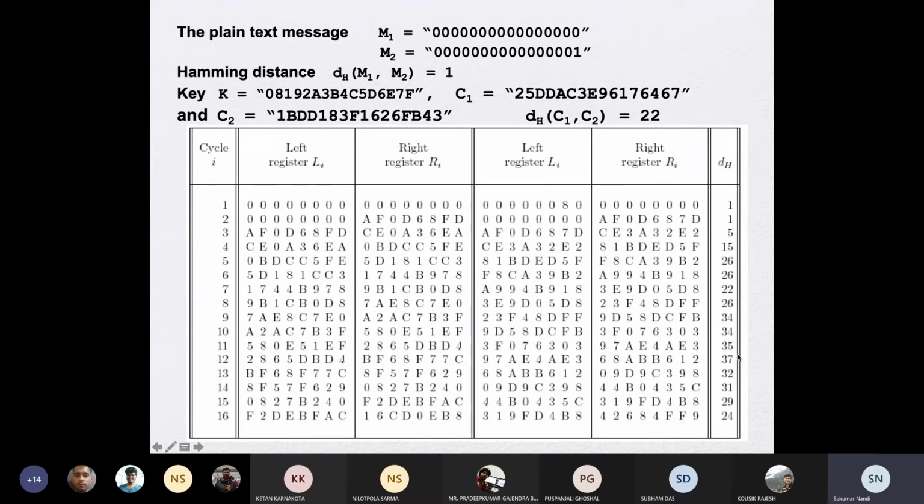It comes to around 12, 37 between the two plain texts, and finally 24, and at the end it is 22. So it is increasing and then decreasing.